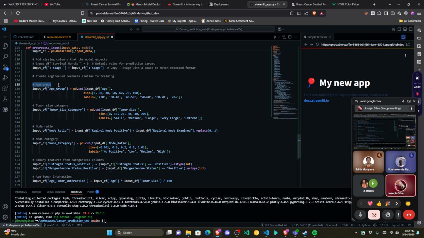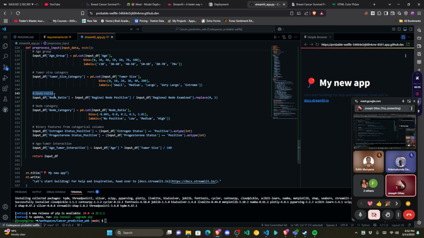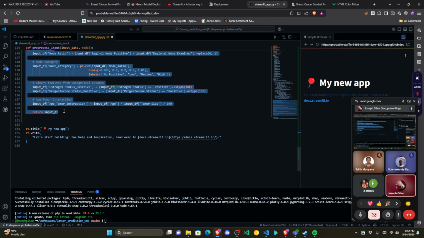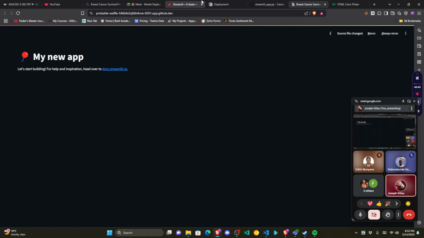Okay, we've got the age group. So we've got the creation of age groups. This is something that was fitted in the model, so it needs to be added over here. We've got the tumor size category. This is something that was created when modeling, so it needs to be created as well. We've got the node ratio, we've got the node category, we've got the binary features from categorical columns, and age tumor interaction. And then this should return the pre-processed data frame for you. Once we've got that,